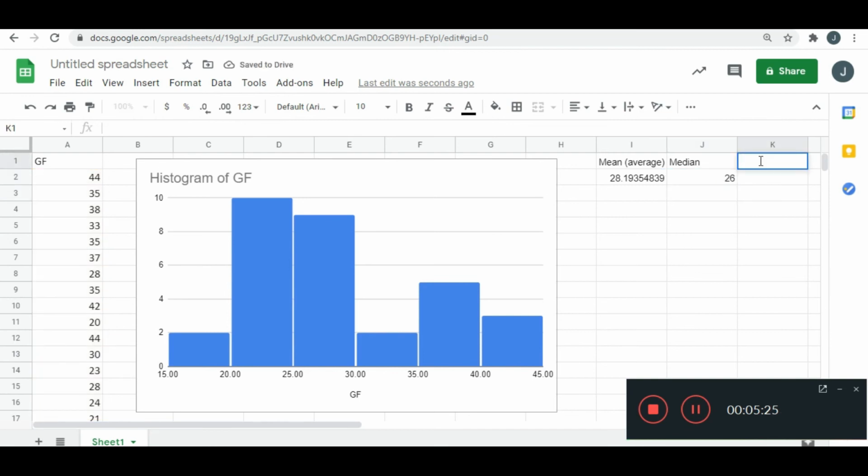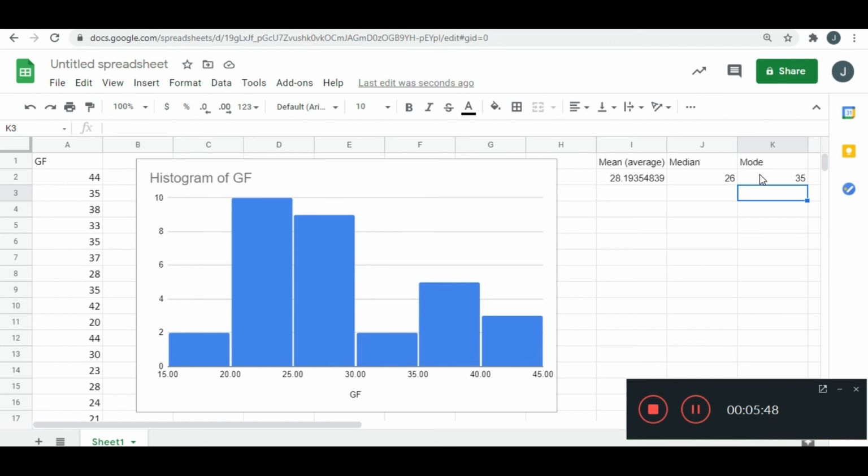There's a median of 26, and then a mode equals MODE A2 colon A36 bracket. So mean of 28, median of 26, mode of 35,